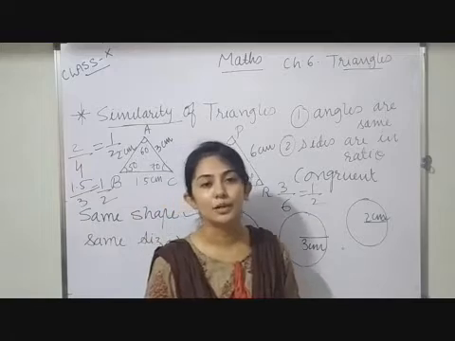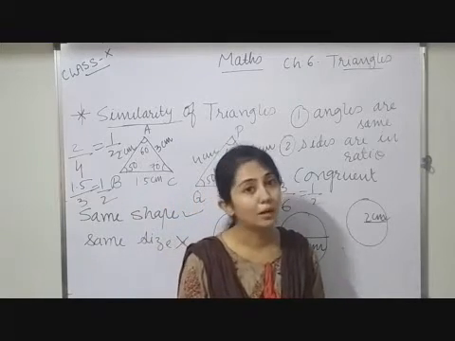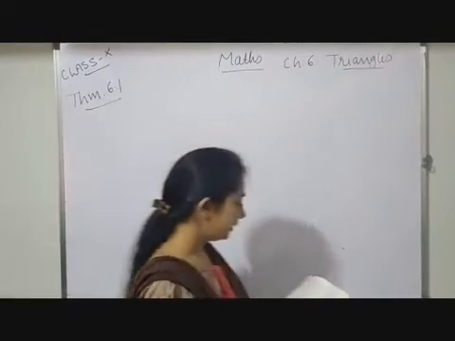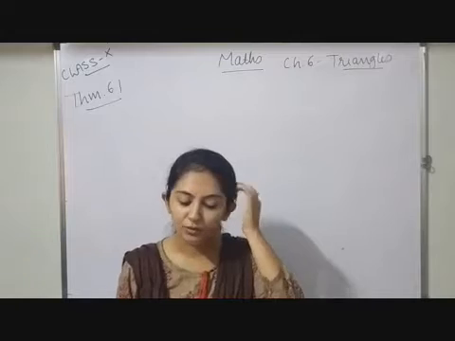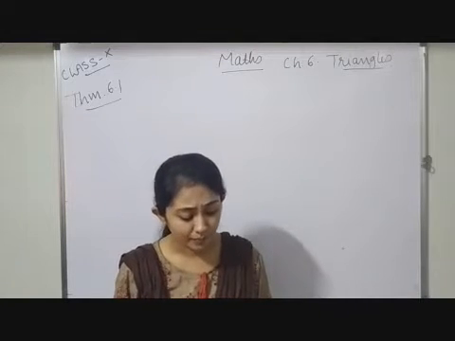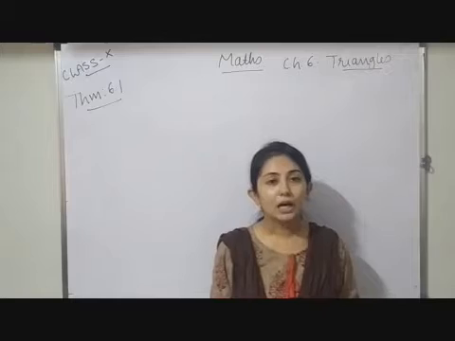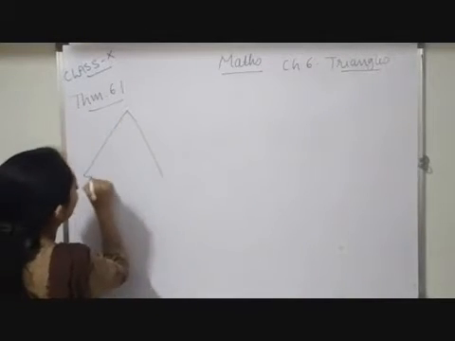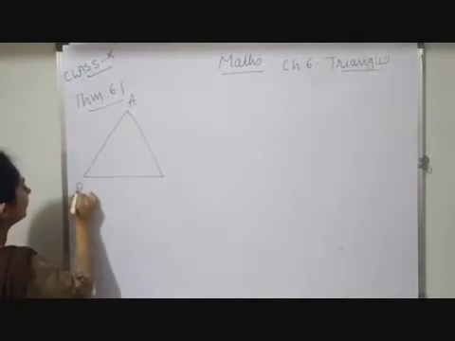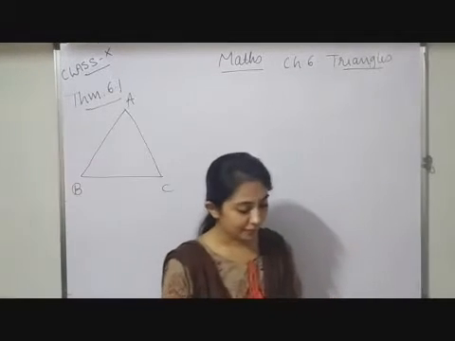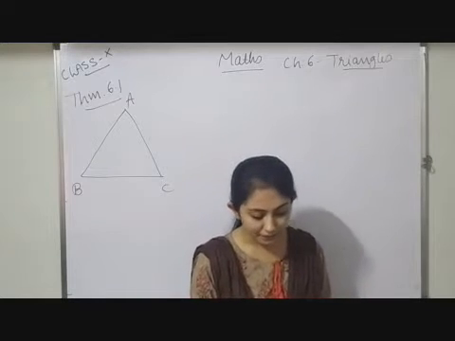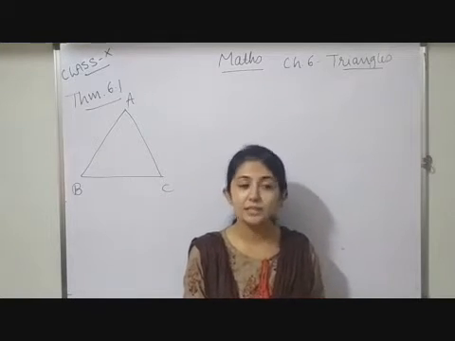Based on this, I am going to explain one theorem, which you have to prepare. Now I am explaining theorem 6.1, which is a very important theorem. If a line is drawn parallel to one side of a triangle, let me first draw a triangle and name it ABC. They are saying if a line is drawn parallel to one side of a triangle to intersect the other two sides in distinct points,